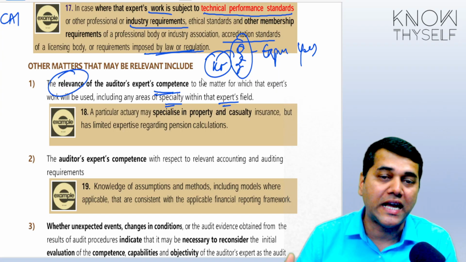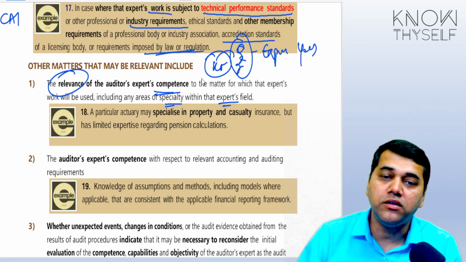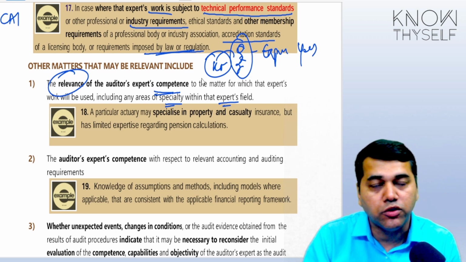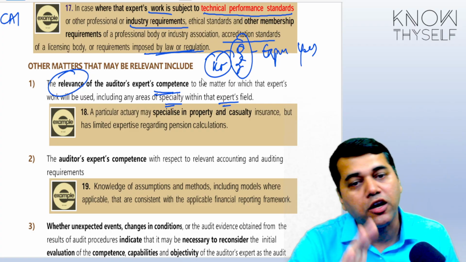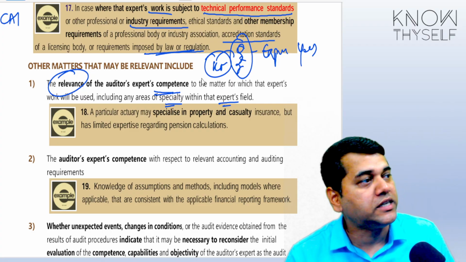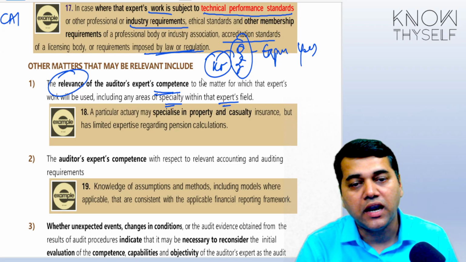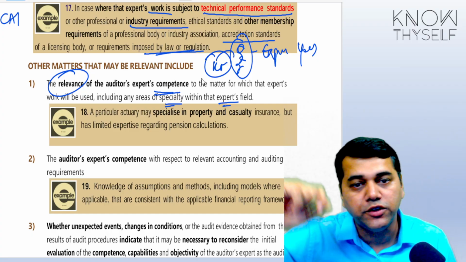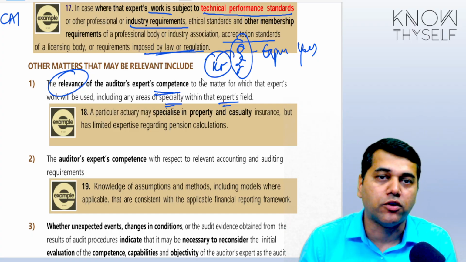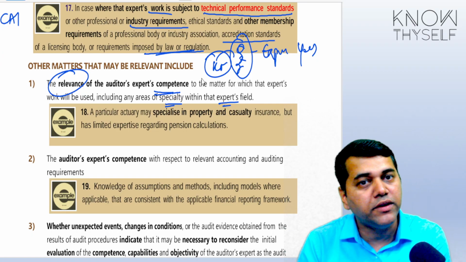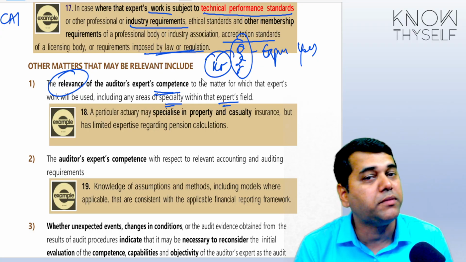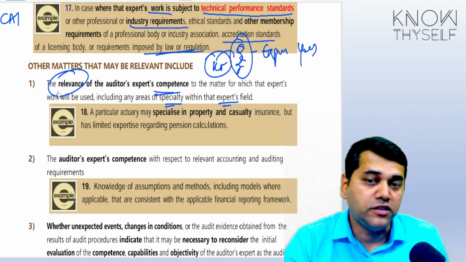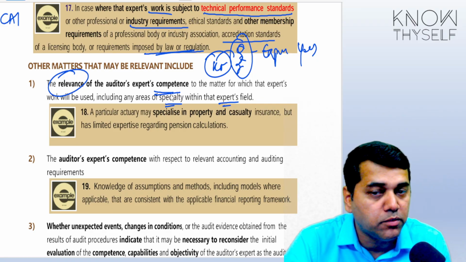Like when you talk about an actuary, there are different types of actuary. We don't know. For us, actuary is one, like the chartered accountant. Like if I spent 10 years in the IT industry, and suddenly you come and tell me to do one audit, I never spent time in audit. In such cases, it becomes very difficult. My competence may not match. So this is the first thing you may have to consider when you talk about competency.